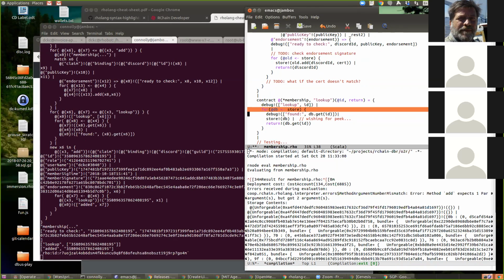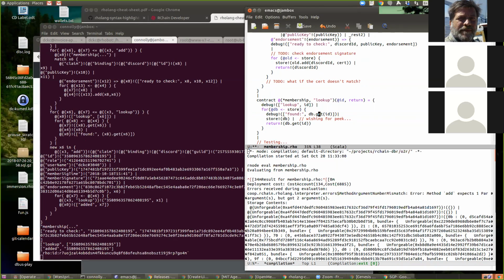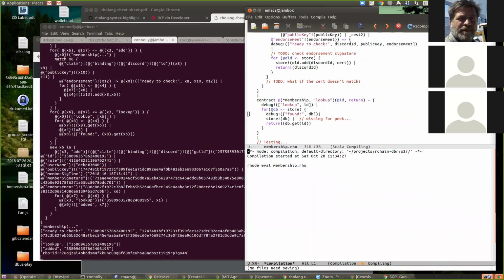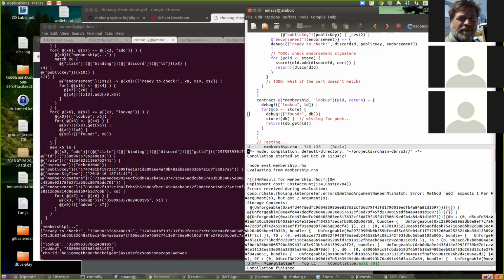Yeah, just in found, just print DB. Oh, maybe it's a set instead of a curly bracket, should be a map. How do you make a set? Capital SET. Oh.